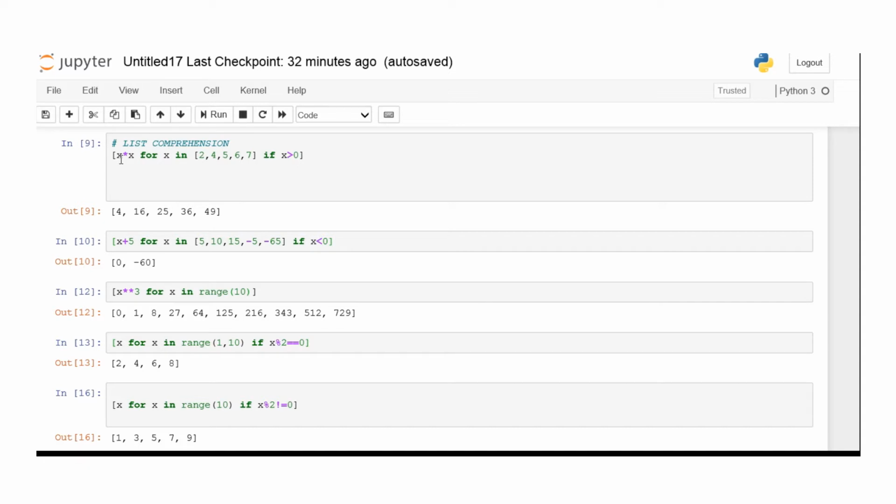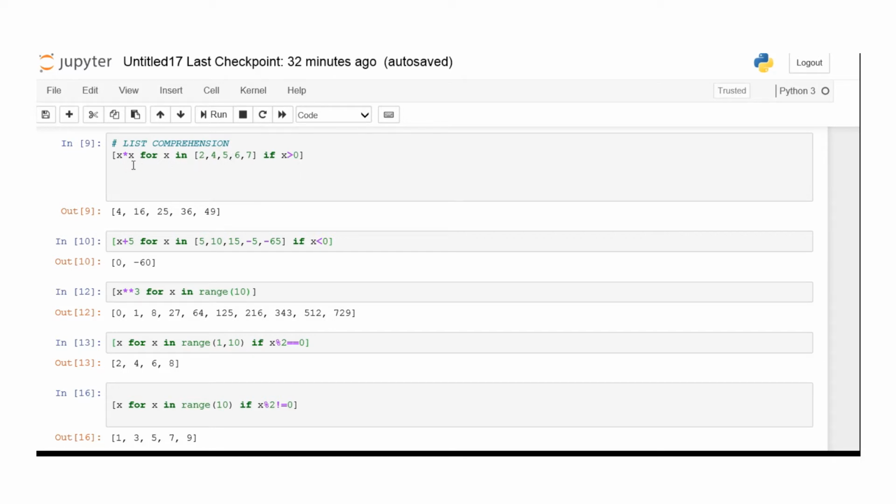Here, x star x, for each and every element in the list, we are going to multiply the same value by itself: 2 by 2, 4 by 4, 5 by 5, 6 by 6 and 7 by 7. When we do this calculation, x star x, we are squaring the value, the square of each and every value.